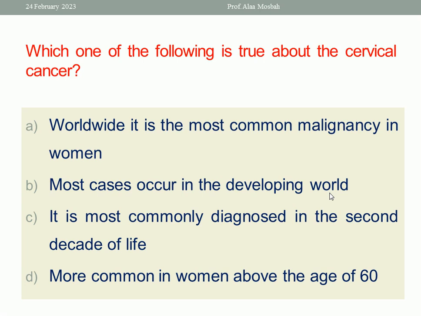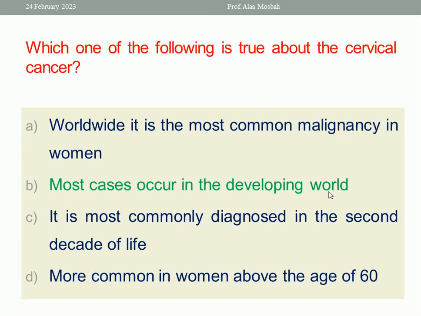Okay, the best one response here is that most cases occur in the developing world, or developing countries. Okay, because it is not common in the second decade of life, it is not most commonly diagnosed in the second decade, and also it is not common above the age of 60. Okay,